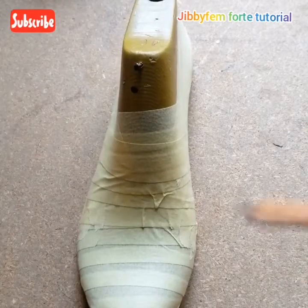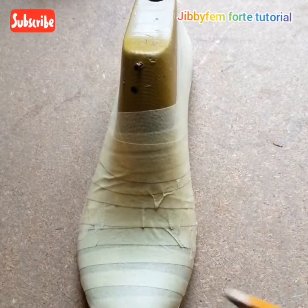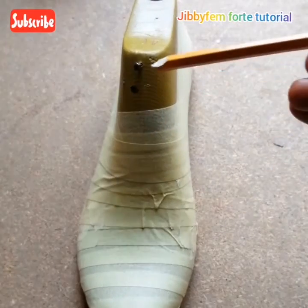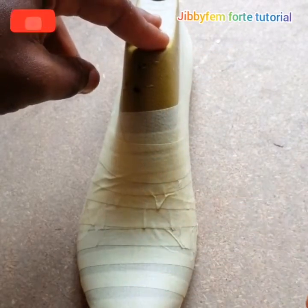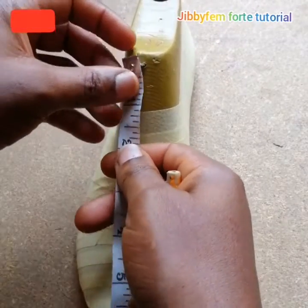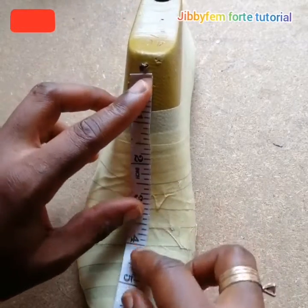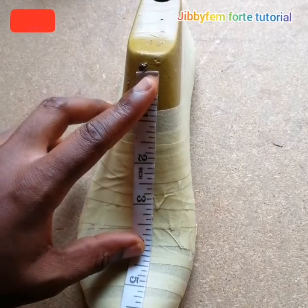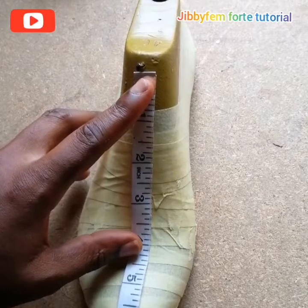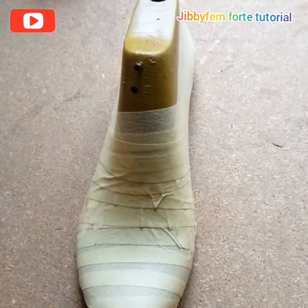Now, I'm going to start with the center lines as far as this last is concerned. The center line is just locating the center of the last this way. That is the center line. So you can decide to use, if you place your tape rule this way, you find out that it's actually giving us the center line. But then I think my tape needs to